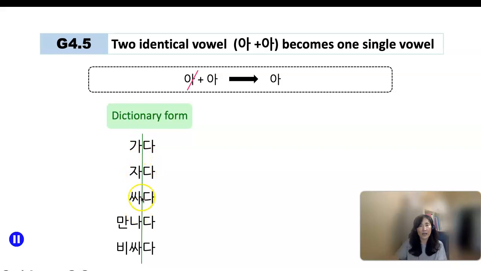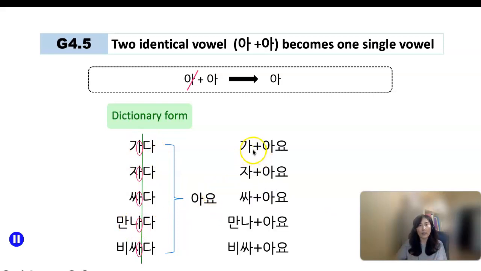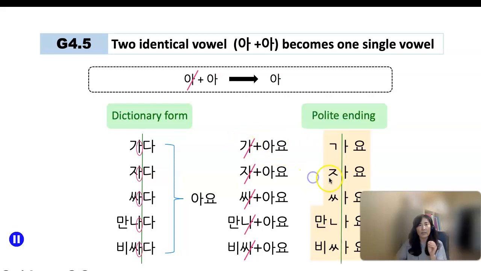자, 아. In that case, you just remove 다 and attach 요 according to the vowel harmony rule. Please recall, the vowel harmony rule is that a dark vowel comes with a dark vowel, and a bright vowel is always combined with a bright vowel. Then what happens is that the first sound collides with another identical sound, and one of them is deleted. So the consonant remains, and this consonant is combined with 아요, and it becomes 가요,